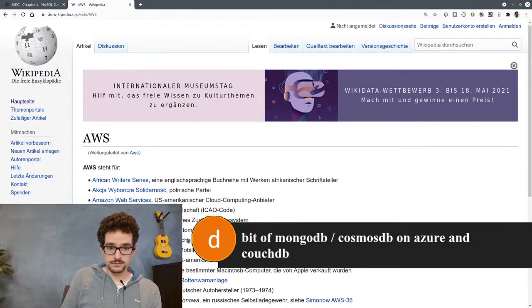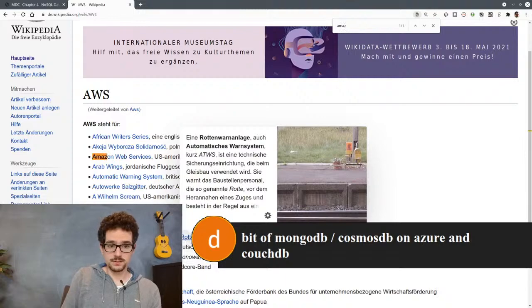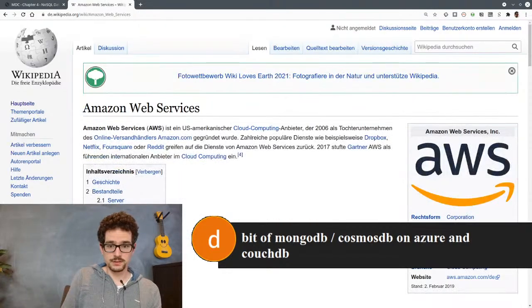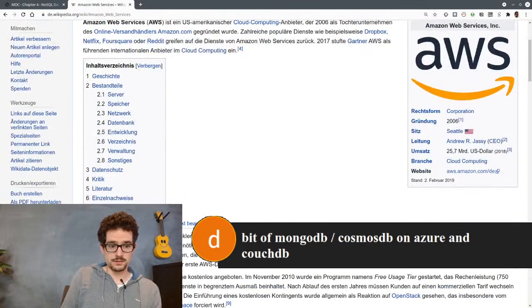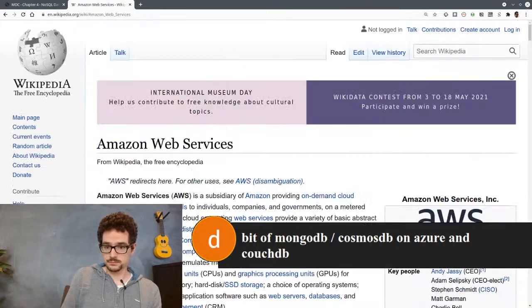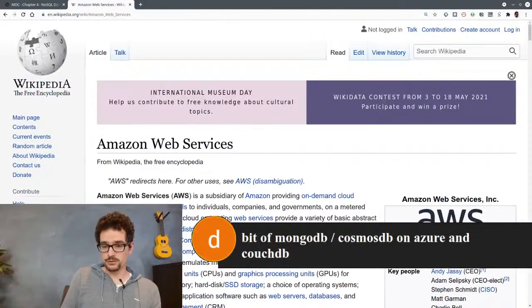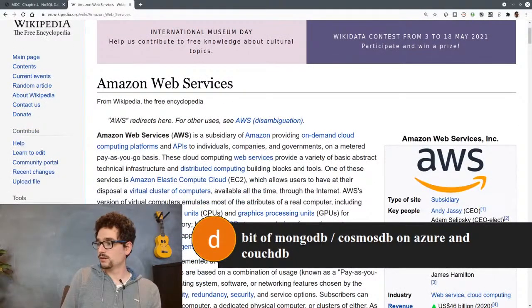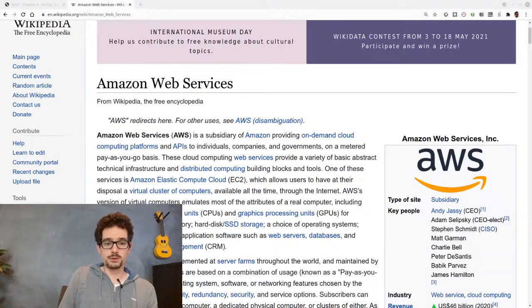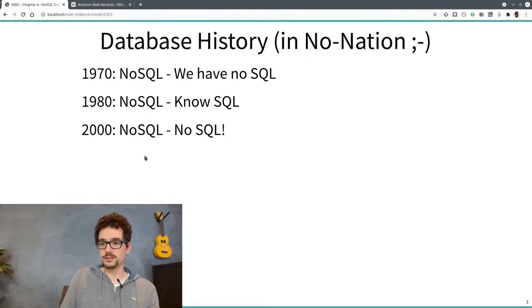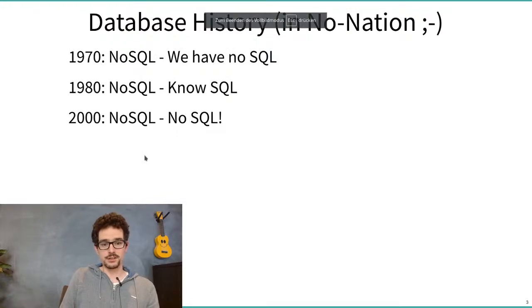Amazon Web Services. I think it launched in 2002. Amazon Web Services is a cloud vendor. There are other cloud platforms like Azure, Google Cloud, or Ali Cloud from China, and